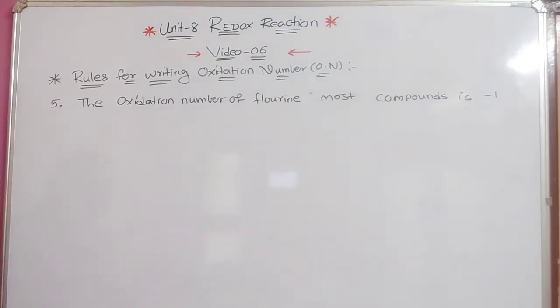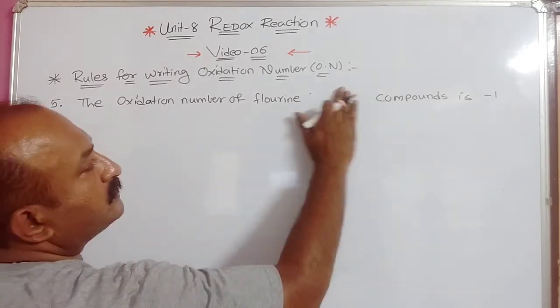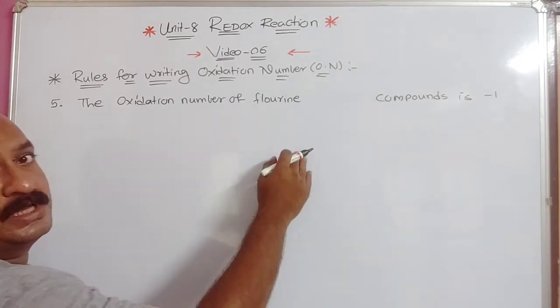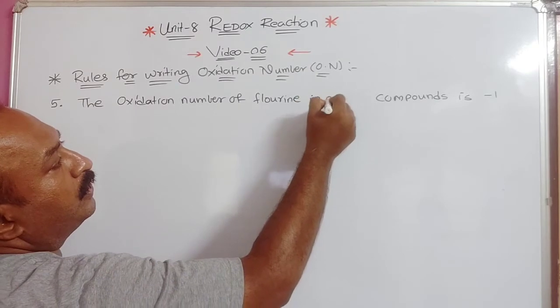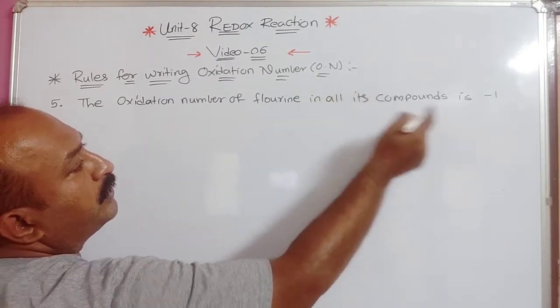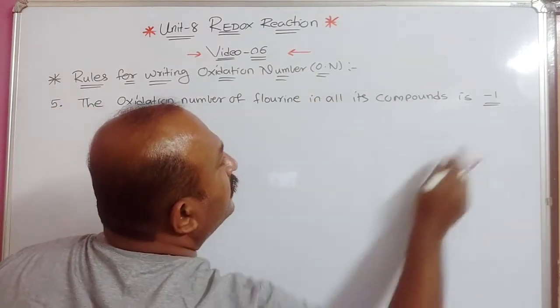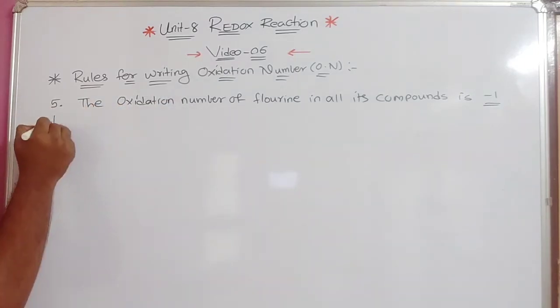I will not write "most", I will write "in all" of its compounds, because it will not change. Fluorine will not change its oxidation number. In all its compounds it is -1. Understood? But the remaining